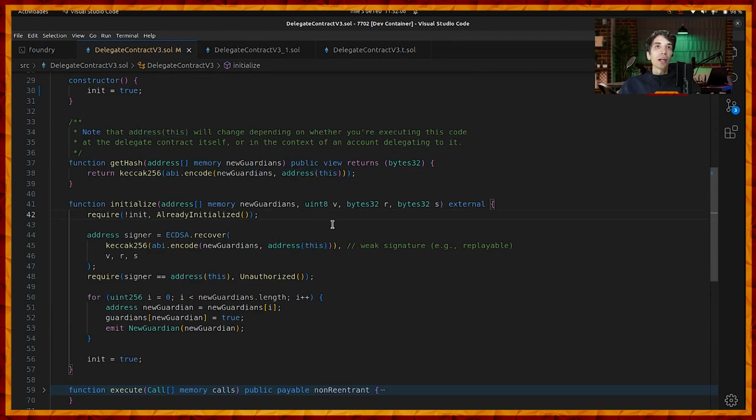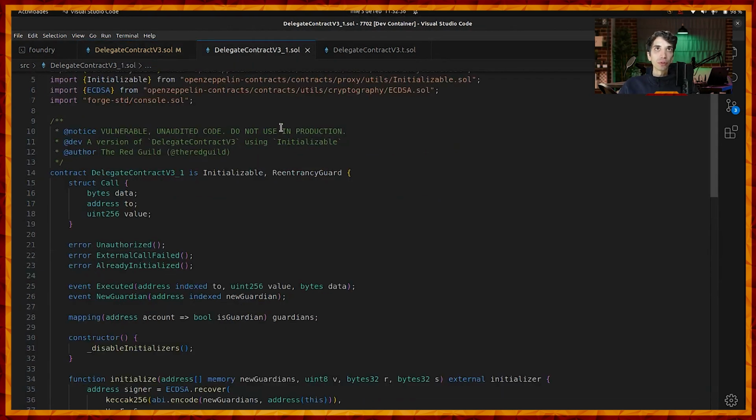Another thing to take into account is how the signature is built, which is quite weak. Because for example, it's not bound to the chain and it's not bound to the actual delegate contract. So this means that the signature could be reused, and neither is it bound by time, right? So this signature could be reused in many other contexts, but probably we don't want it to be executed in our context. For example, if we have a similar but slightly different version of the contract v3, let's call it 3.1,